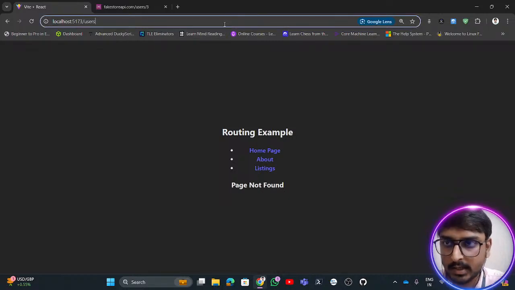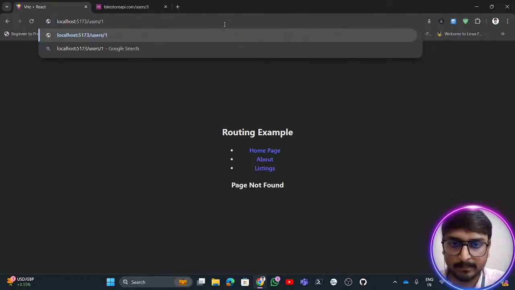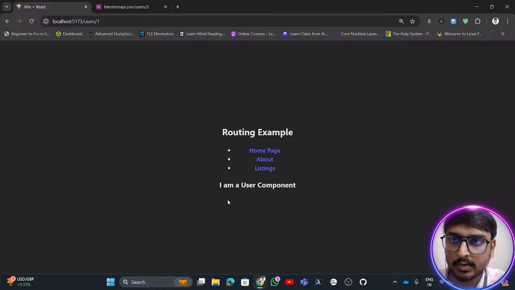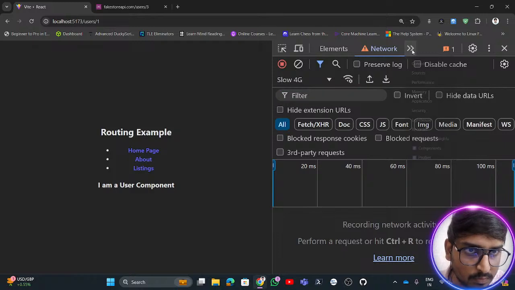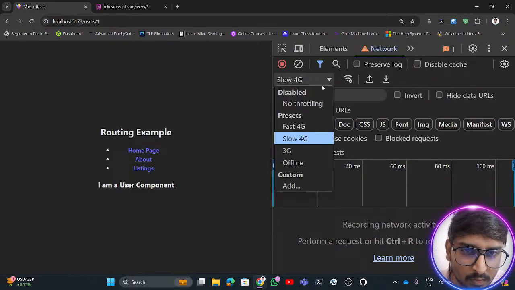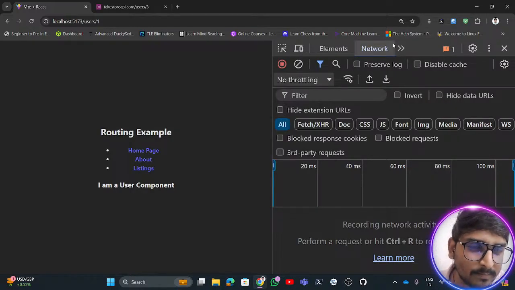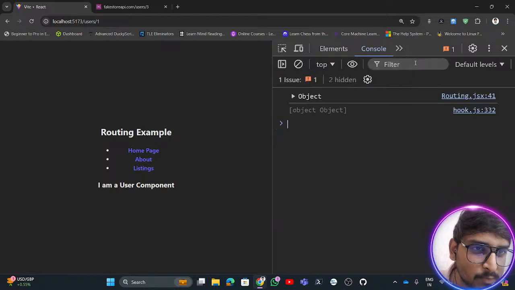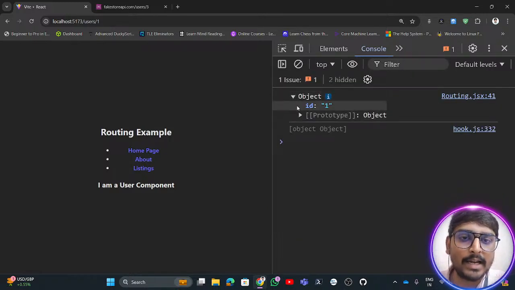Users, and you'll see this thing known as /1. Enter. So it is telling that I am the user component. If you go to this console log, where is this console log? This is not throttling. In the console, I can clearly see that there is actually an object where the ID value is equal to 1,